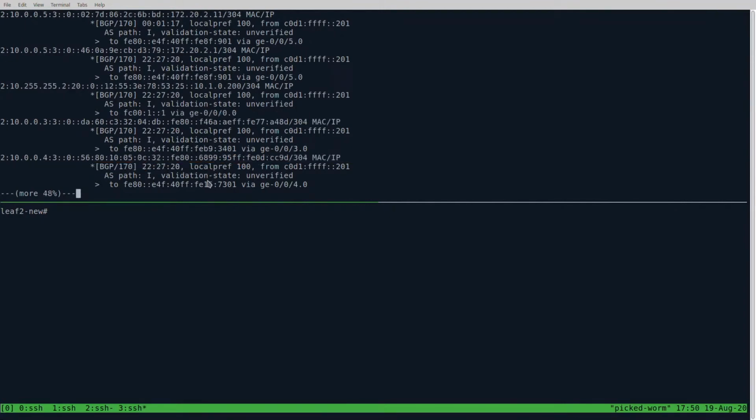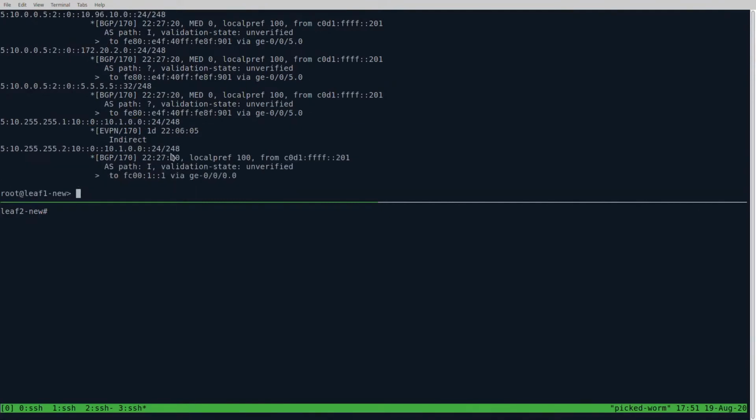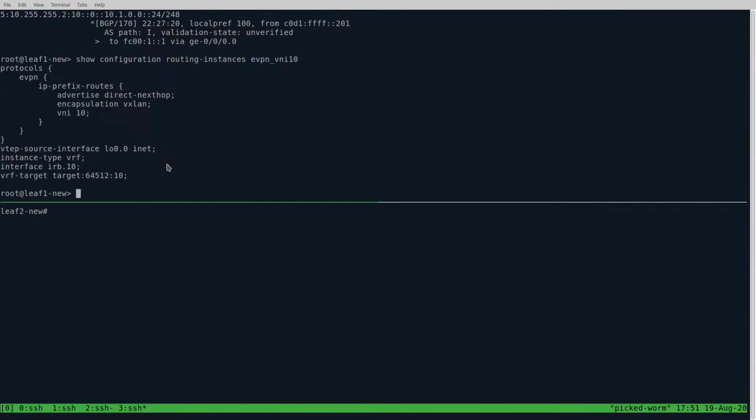What you can also see are the type 5 routes, where we advertise the whole prefixes, and also we can advertise individual IP addresses of hosts. So all of this information is here for you if you need it for some extra configuration, for some advanced scenarios. And just a short look at the configuration of VRF on the networking device over here on the Juniper.